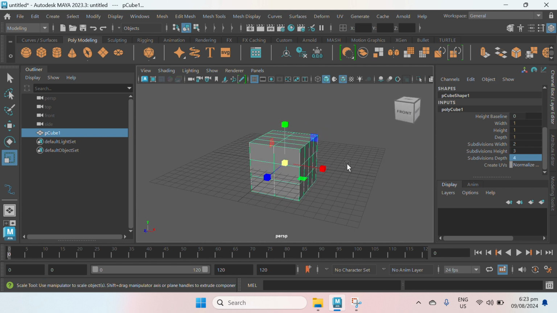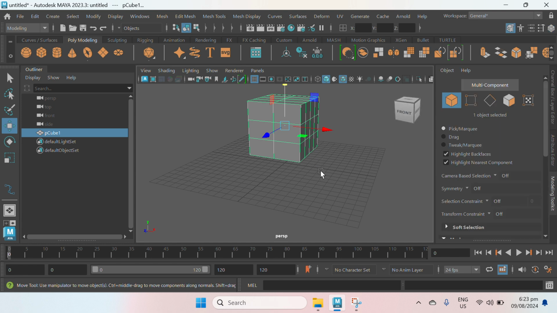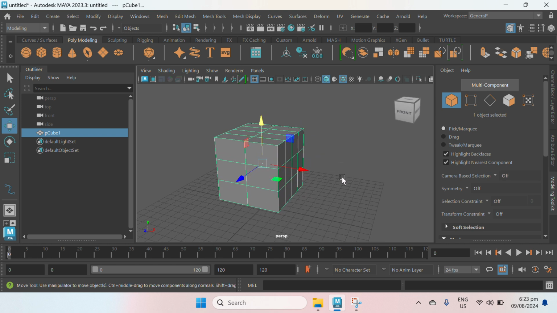Now, still on the right portion of our interface, we can see the modeling toolkit. Here we have the object mode, vertex mode, edge mode, face mode, and the UV. Before we proceed with the components, let us discuss some shortcut keys for your numbers.